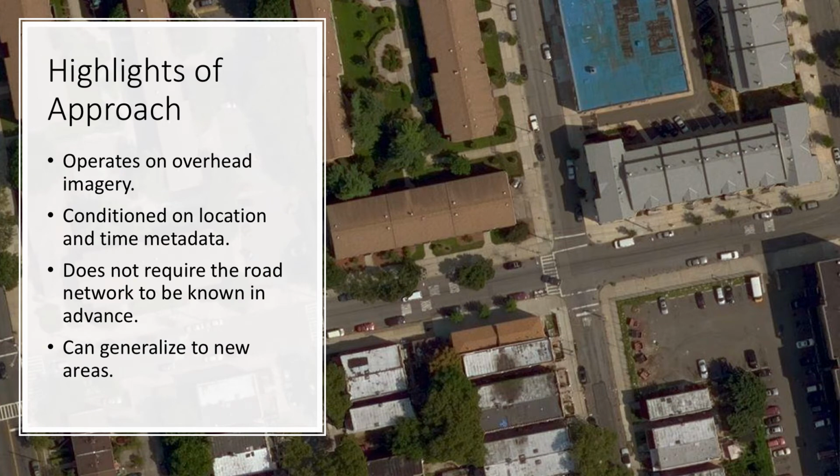Instead, we explore how image-driven mapping can be applied to model traffic flow directly from overhead imagery, which is densely available. Extensive experiments show that our approach can capture complex relationships between the underlying road infrastructure and traffic flow, enabling understanding of city-scale traffic patterns without requiring the road network to be known in advance. This enables our approach to generalize to new areas.